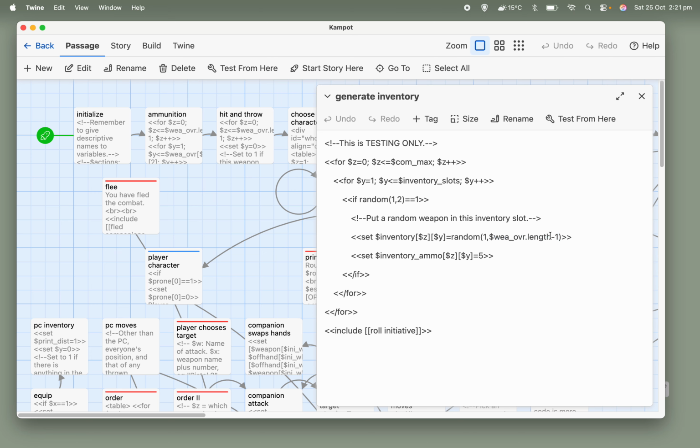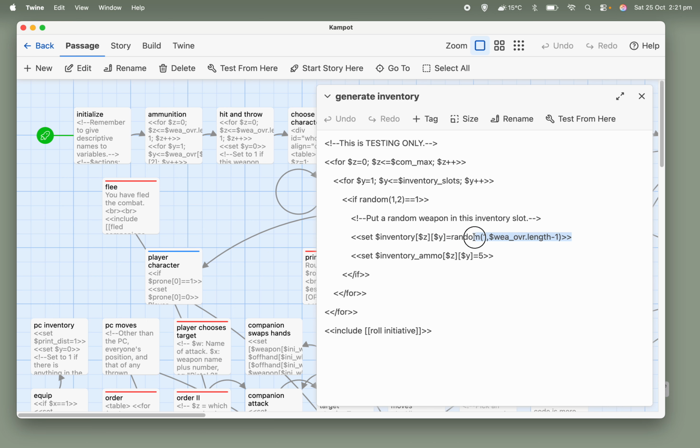I suppose it's part of a command. Dot length gives you the number of slots that are in use of the array, counting from 0, because by default they count from 0. And I like to count from 1 because I find counting from 0 a bit counterintuitive. We use -1, but